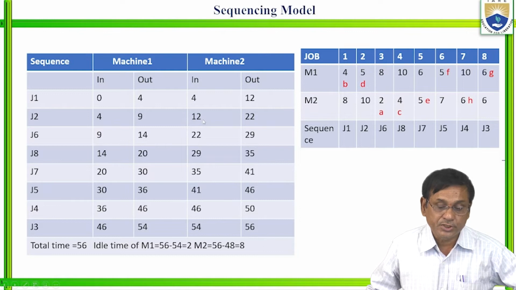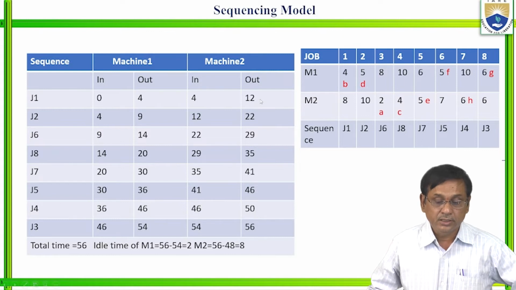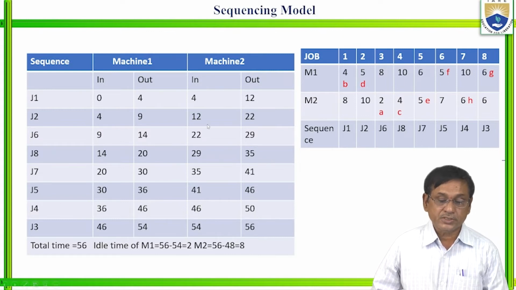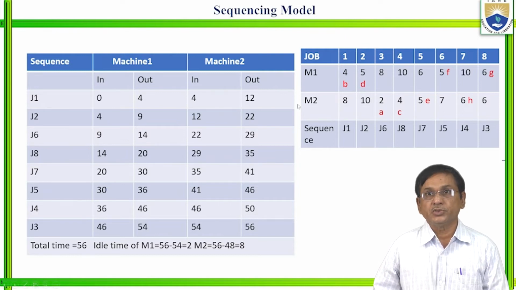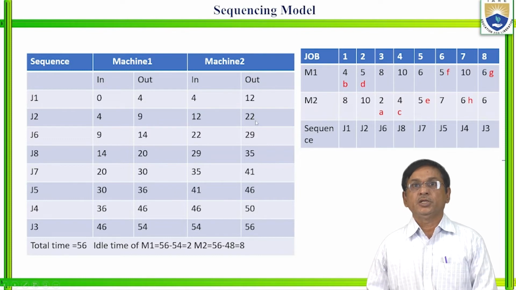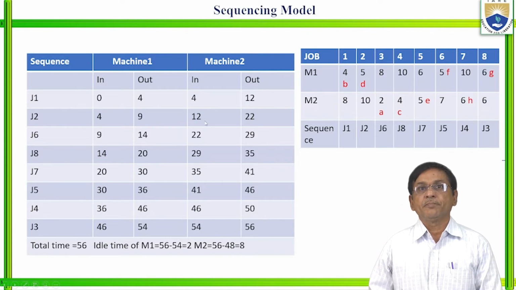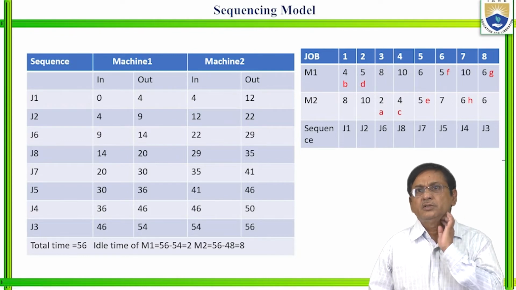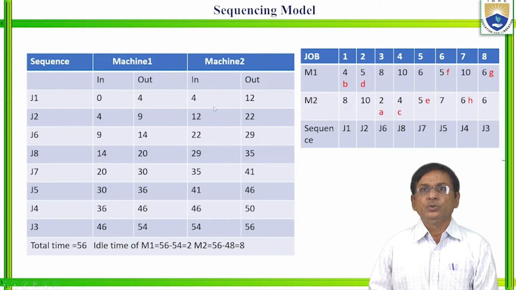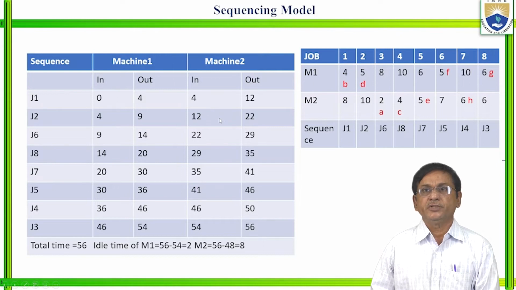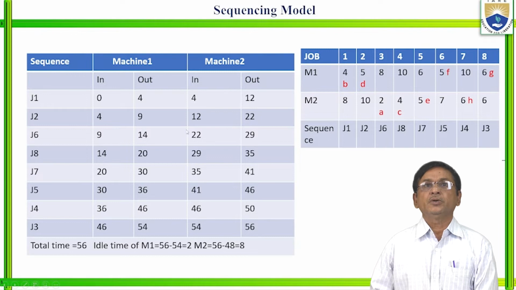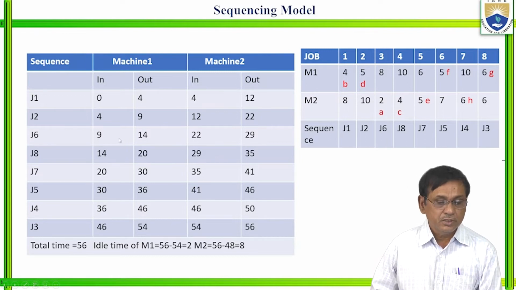Then it goes to machine 2. It has to wait until 12 hours because the processing is not completed for job 1 on machine 2. So after the 12th hour, the second job goes to machine 2, and the processing time required is 10 hours, so it becomes 22. Now job 6 will enter machine 1 after 9 hours and be completed within 14